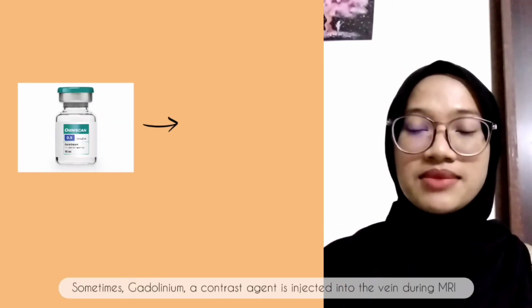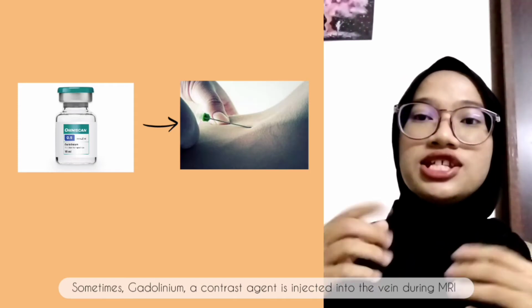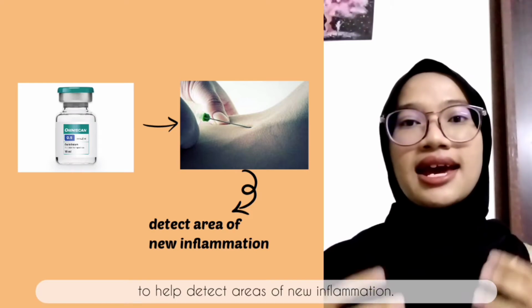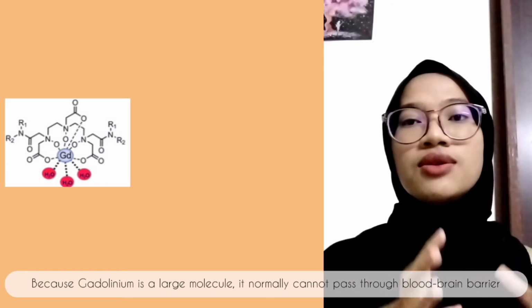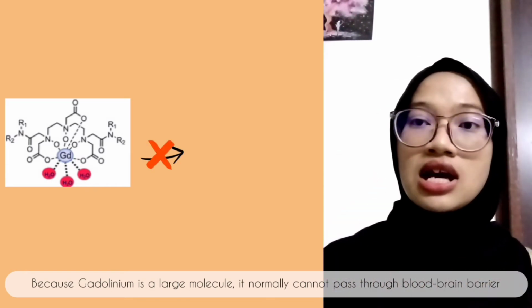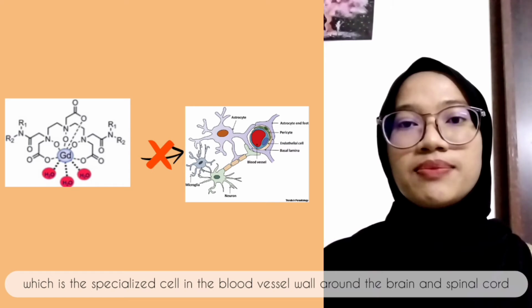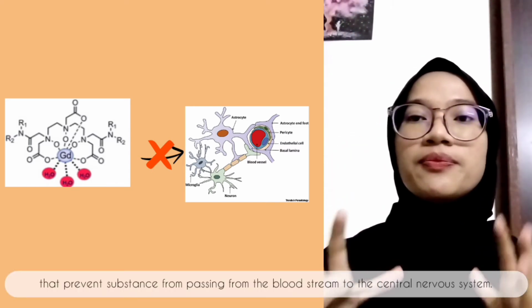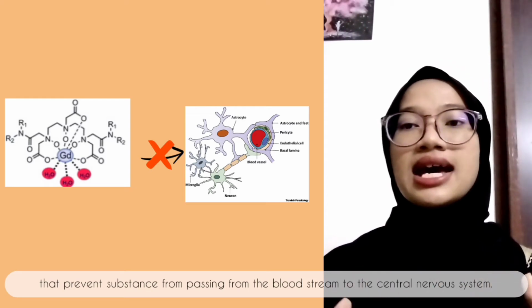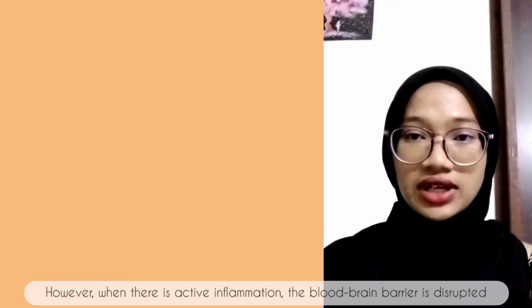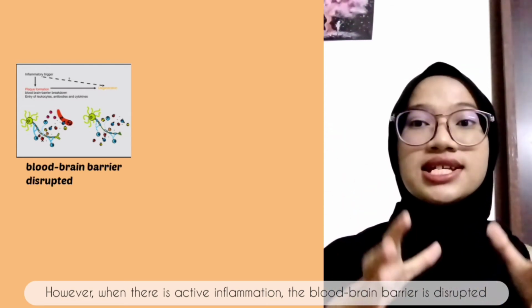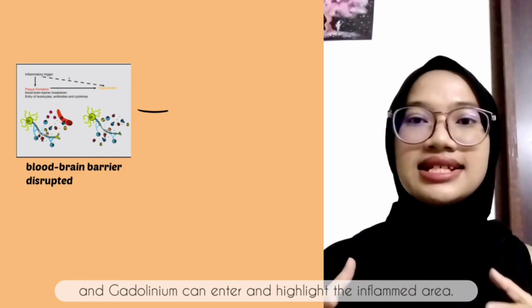Sometimes gadolinium, a contrast agent, is injected into the vein during an MRI to help detect areas of new inflammation. Because gadolinium is a large molecule, it normally cannot pass through the blood-brain barrier, which is the specialized cells in the blood vessel wall around the brain and spinal cord that prevent substances from passing from the bloodstream into the central nervous system. However, when there is active inflammation, the blood-brain barrier is disrupted and gadolinium can enter and highlight